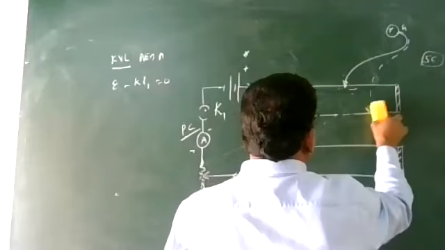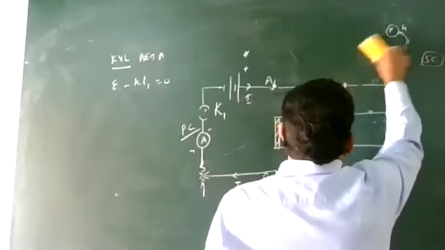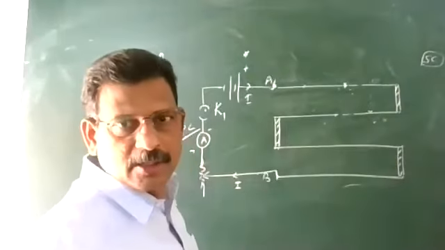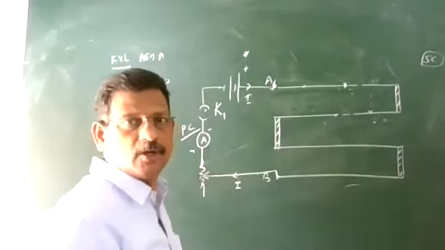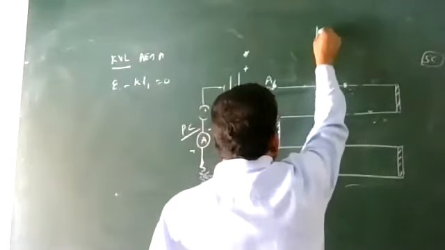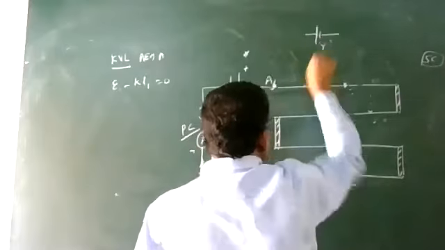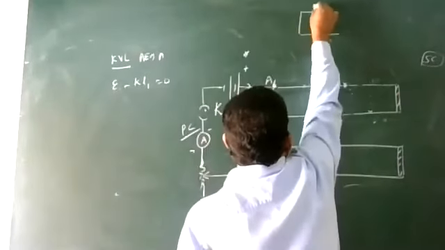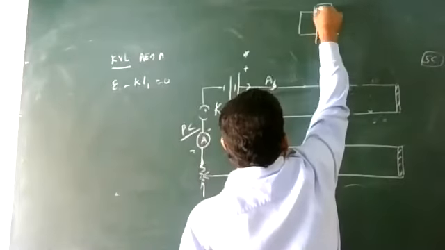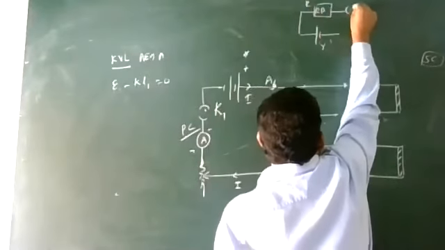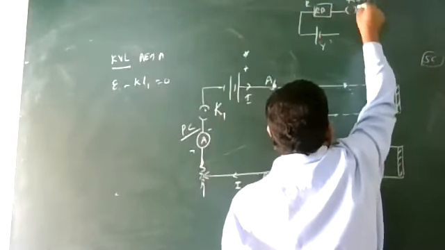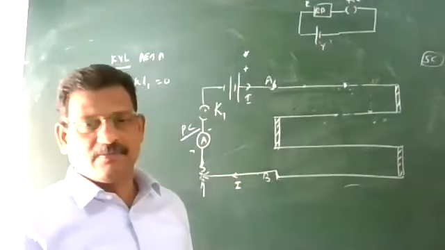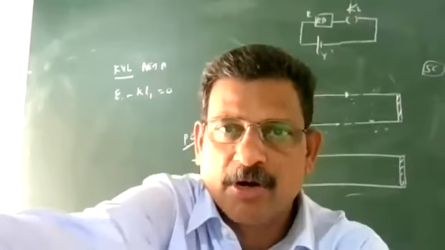The primary circuit is exactly the same, there is no change. These diagrams are very important, so complete these diagrams in the copy, and when necessary, use them. What we know: this is the cell, and small r stands for internal resistance. We are connecting these two separate circuits here. From the resistance box you can take out any resistance R, and another key is here, K2, and its location is very important.